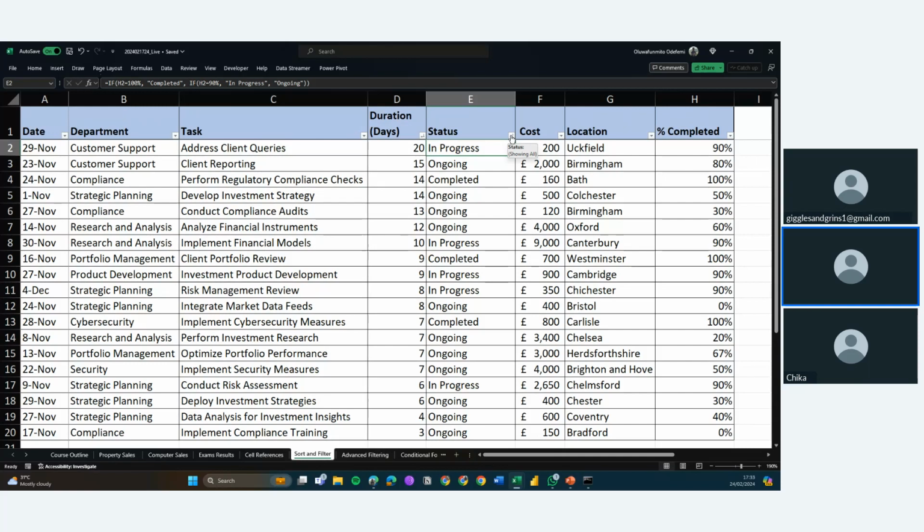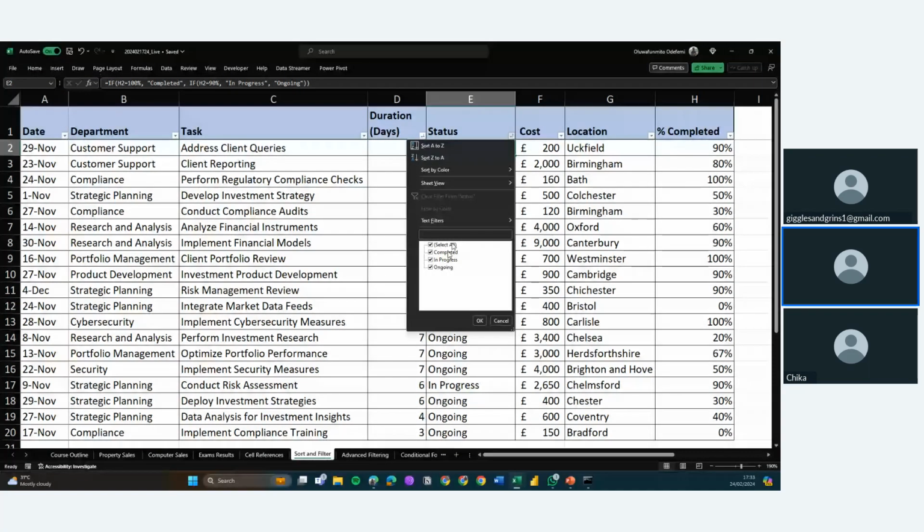So the same way you sort, the same idea behind sort is also the idea behind filter. They are typically used together. Now, if you click on here, you see select all. Basically, this is how you use filters for the basic filtering method, of course. Now, I'm going to click on here and then check completed. Basically, what that means is I'm only selecting